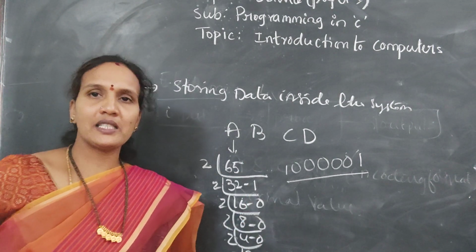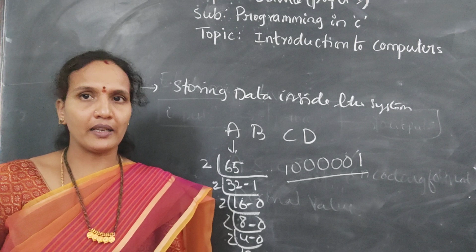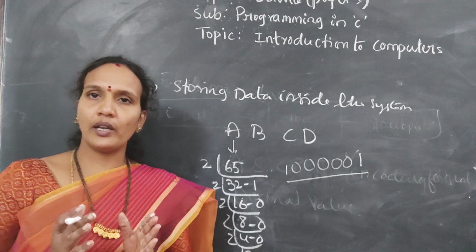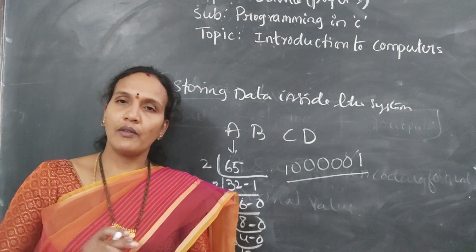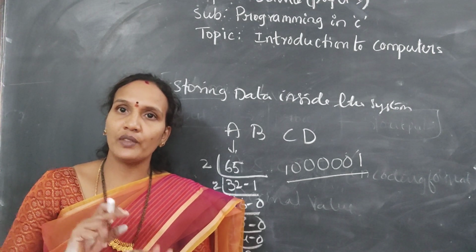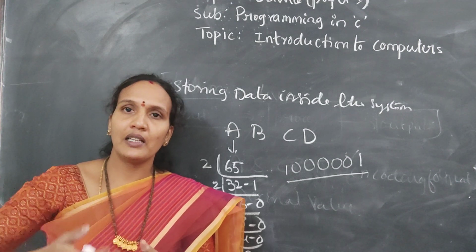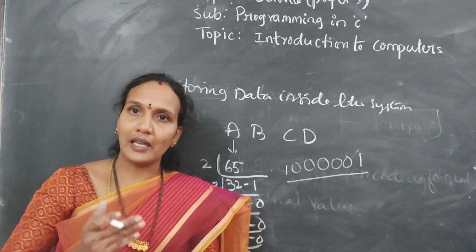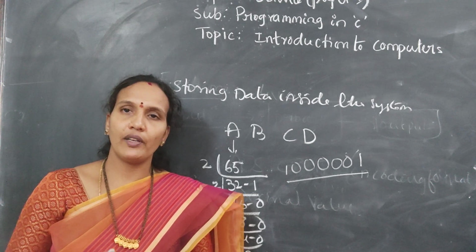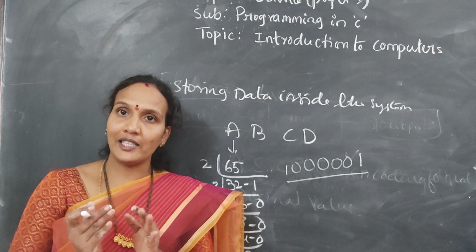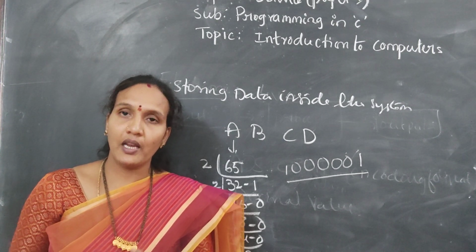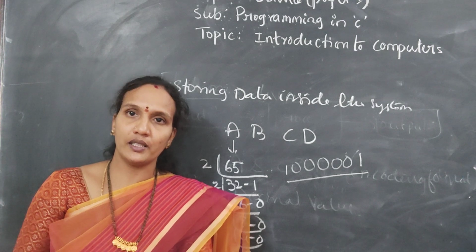For the time being, in the next topic you have arithmetic operations. Again at that time I will explain. For the time being, the only thing you need to remember is whenever you press any key on the keyboard, the decimal number of that key will be used inside the system. So that decimal value will be converted into binary. Whenever you enter any key, the decimal value of that key will be converted into binary, and that binary will be stored inside the system.